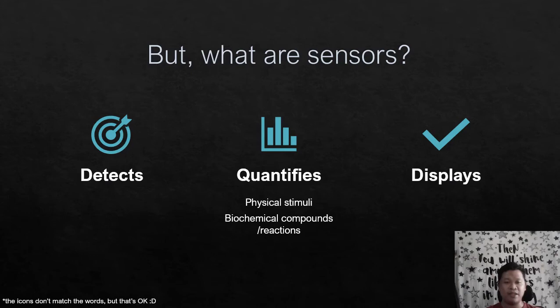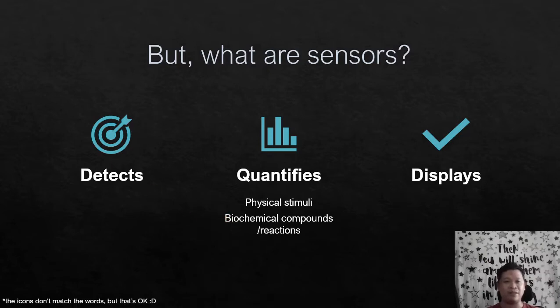But what are sensors? In simple terms, these are things that detect, quantify, and usually display through a humanly recognizable reading, either a physical stimuli or biochemical compounds or reactions. So anything that could translate these physical stimuli or biochemical reactions into something quantified and humanly understandable, usually in numbers,